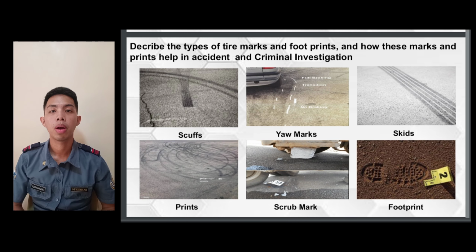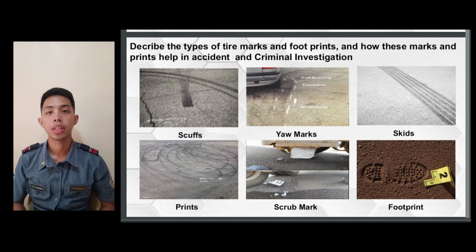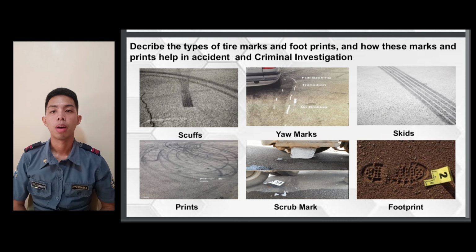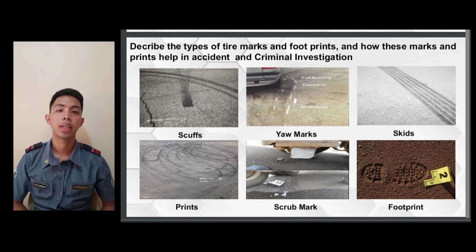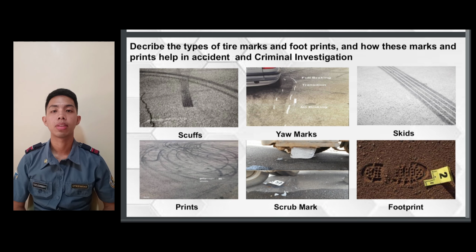And how do these marks help in accident and criminal investigation? Forensic tire tread evidence records and analyzes impressions of vehicle tire treads for use in legal proceedings to help prove the identity of a person at a crime scene. Every tire will show a different amount of tread wear and a different amount